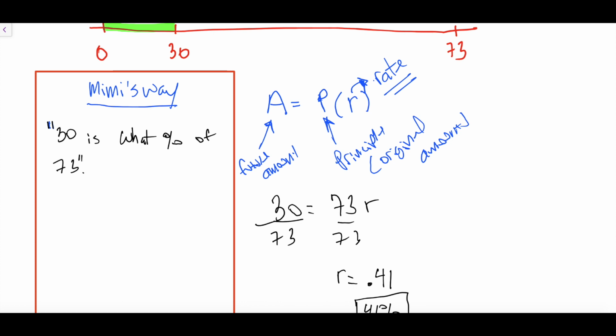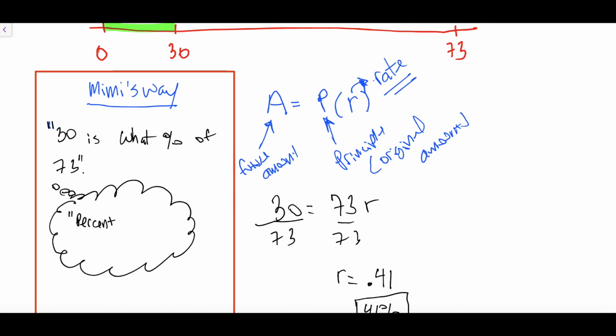And then she whispers to herself under her breath. I had to have her repeat it because I was like, you know a trick? This is life-changing. And she said, percent over 100 equals is over... Actually, she said, let me see. Percent over 100 equals is over of. And so, I was like,